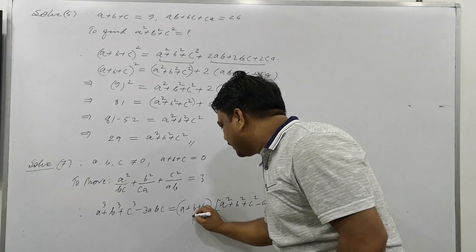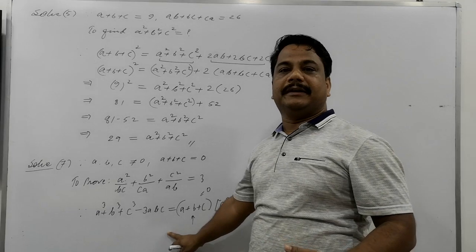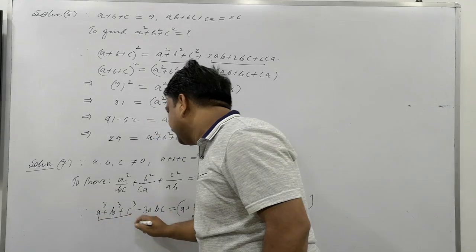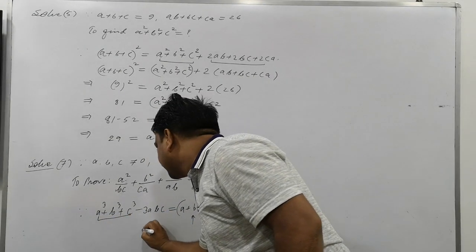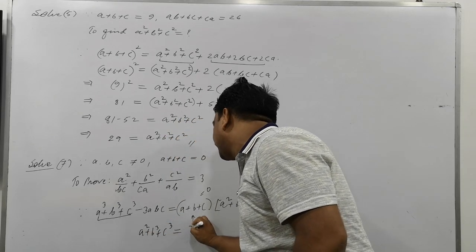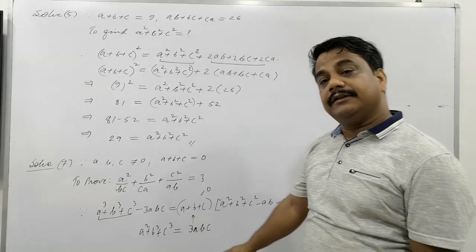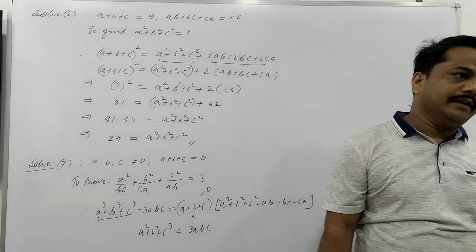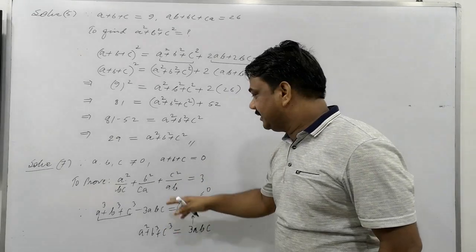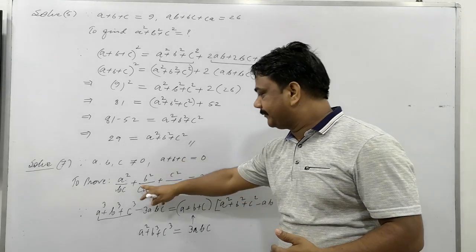Clear? If this together is 0, if this is 0, then the right whole term will become 0 here. Clear guys? So what is next? A cube plus b cube plus c cube minus 3abc is 0, so a cube plus b cube plus c cube is equal to 3abc; this is to be transferred to the right side. It means the cube sum of the three quantities together equals 3 times their product. This is the identity actually. So what identity is to be used here? Means a plus b plus c all together are giving 0. Using this concept you have to prove that.